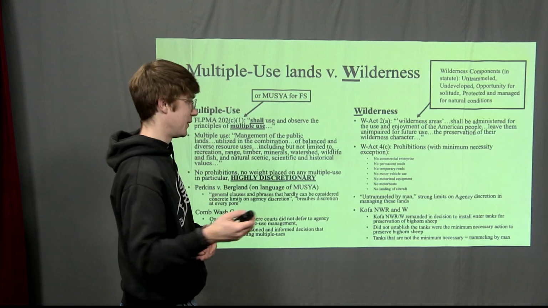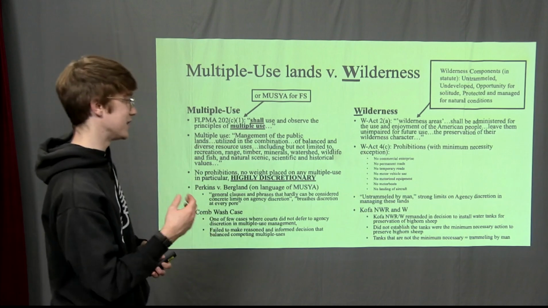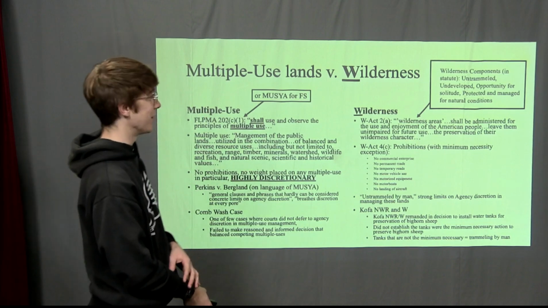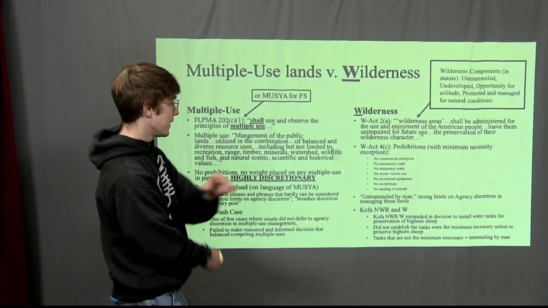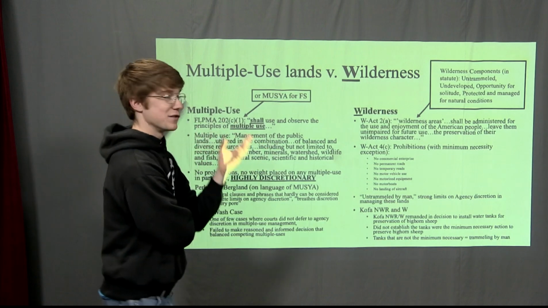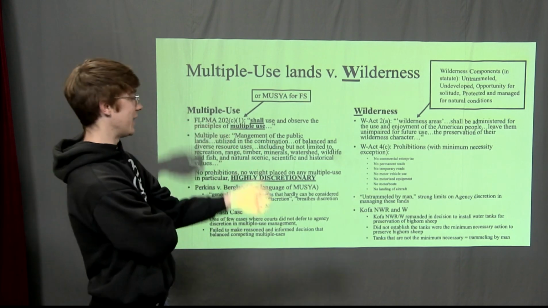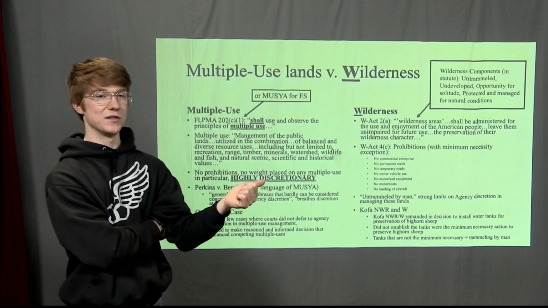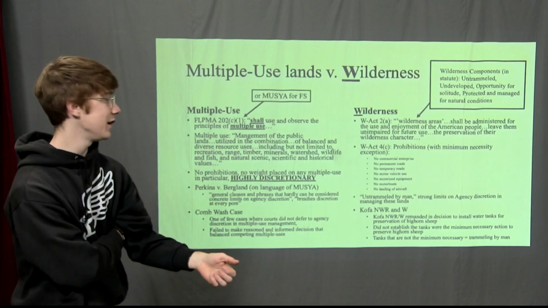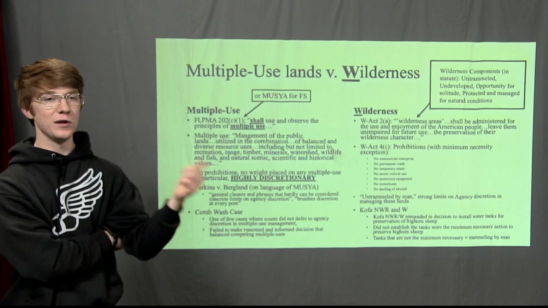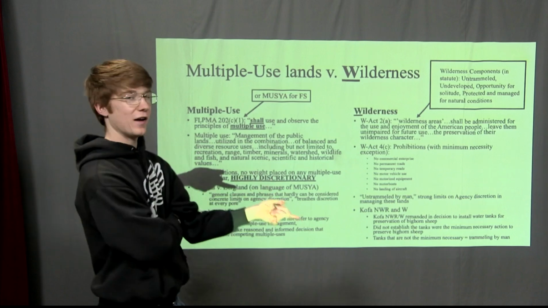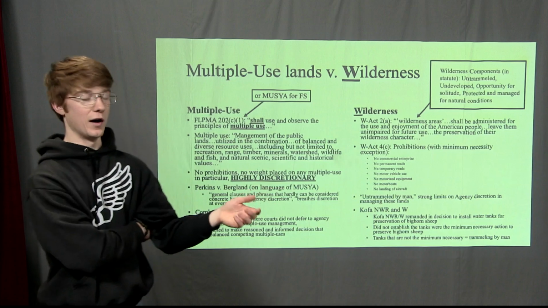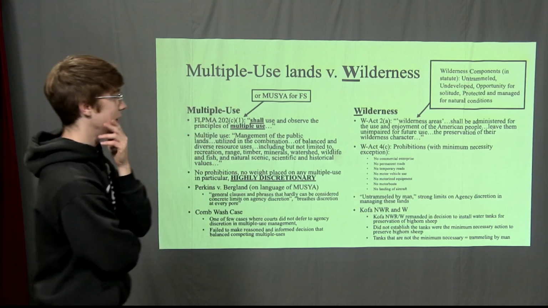And the courts, they were remanded in the case. The courts did not side with Kofa National Wildlife Refuge because, I'll get into this in a little bit. I'm kind of straying way off here now, but yeah, they were remanded in their decision to install these water tanks because they didn't provide evidence that water was the necessary thing that the bighorn sheep were lacking, and then they also didn't provide any evidence, assuming that the water was necessary, that 2 water tanks was the minimum amount of water necessary to boost these bighorn